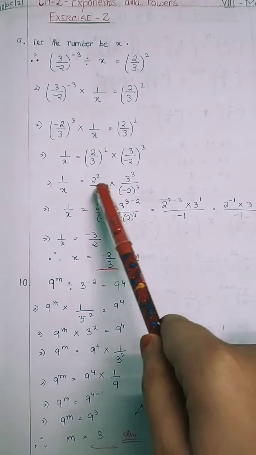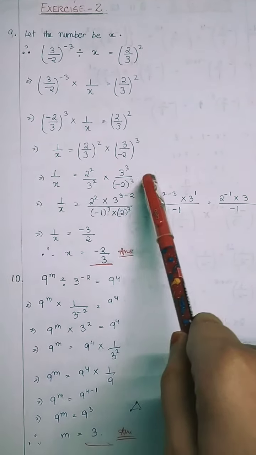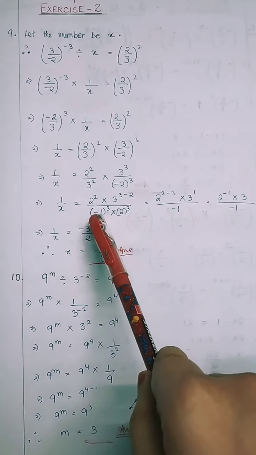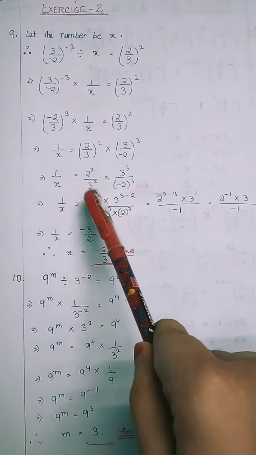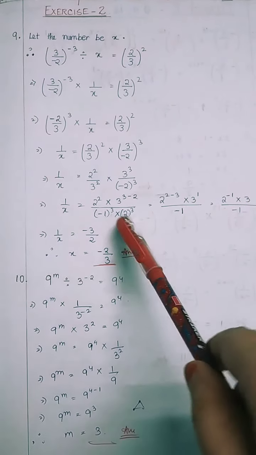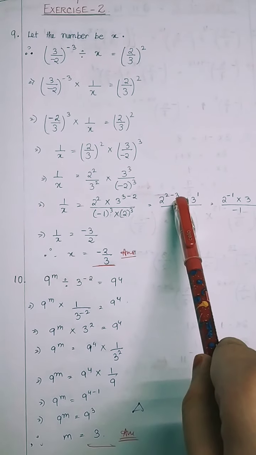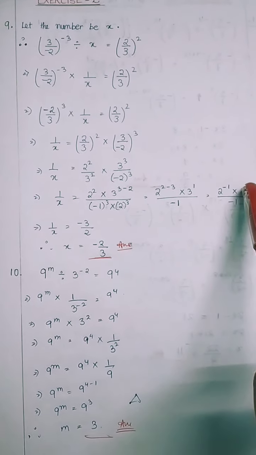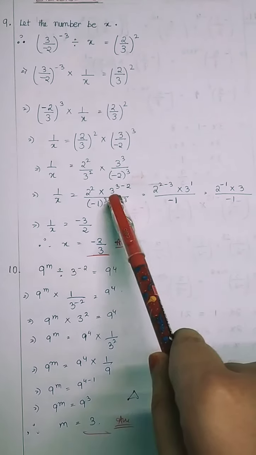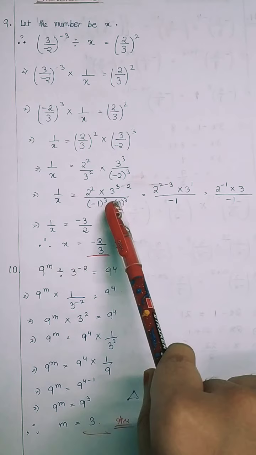Now you can see 2 has to the power 2, and in the denominator 2 has to the power 3, if we take minus 1 outside. Now 3 here also, 3 here also. So if it is divided, the powers will be subtracted. Divide means subtracted and multiply means plus. So here 2 is also divided, so again you will subtract. So here you will get 2 to the power minus 1, multiply 3. 3 minus 2 will be 1. So 3 divided by minus 1 whole cube power 3.